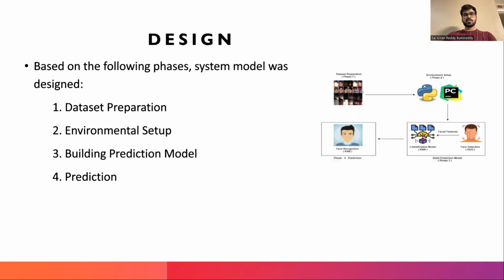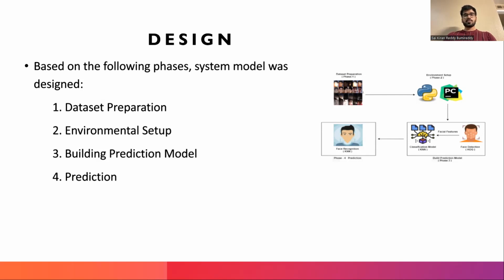Coming to phase three, before performing the missing child identification, we need to train the classification model based on the customized dataset with the help of HOG and a machine learning classifier. Each image will be retrieved from the dataset folder, the facial features extracted, and the training operations performed.